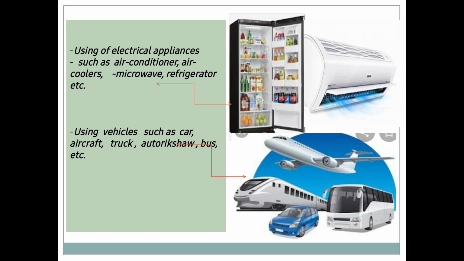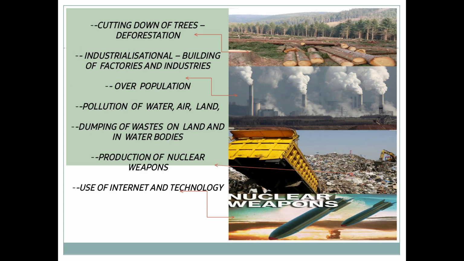also claims to increase the Earth's temperature. And why do all these things add up to the heat of the temperature? Because these vehicles actually emit greenhouse gases. Again, cutting down of trees, that is deforestation, industrialization, building of factories and industries,